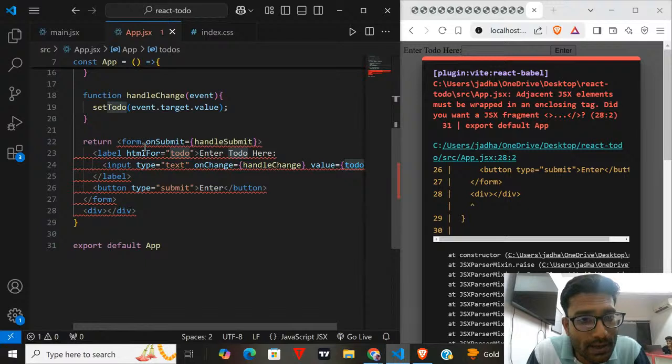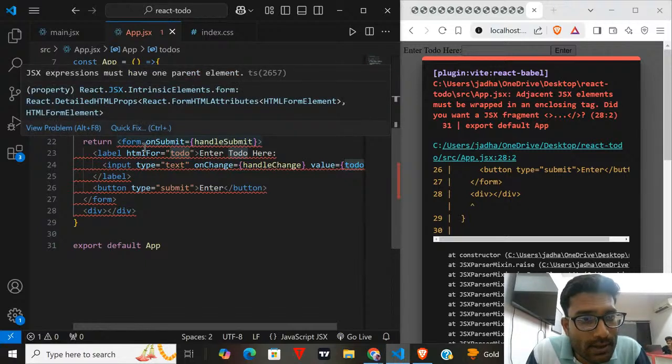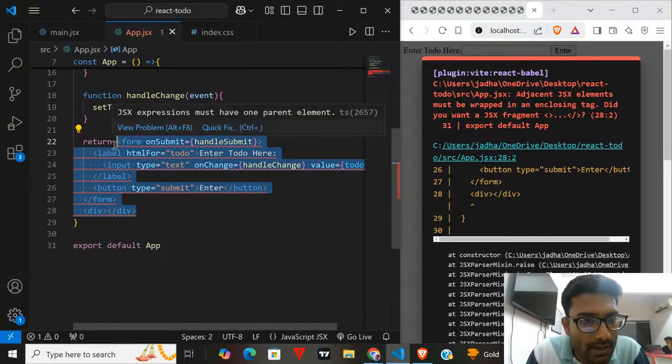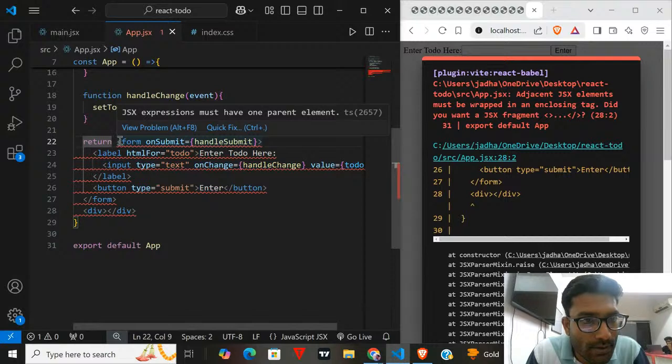But here I'm getting one error. What is this error? That JSX expression must have one parent element. So there should be a tree-like structure, a hierarchy. So we need one parent element.